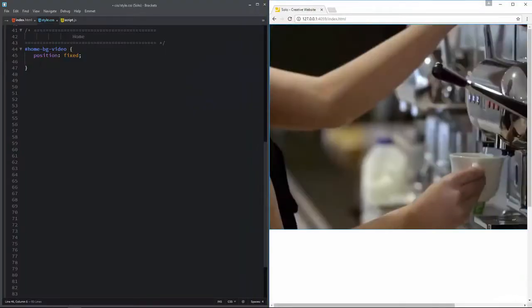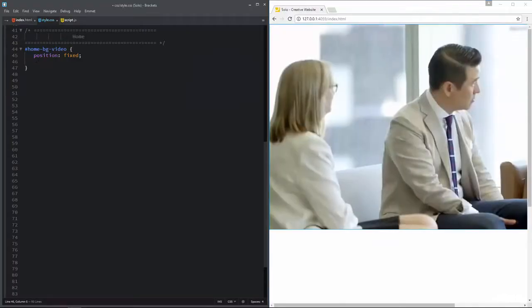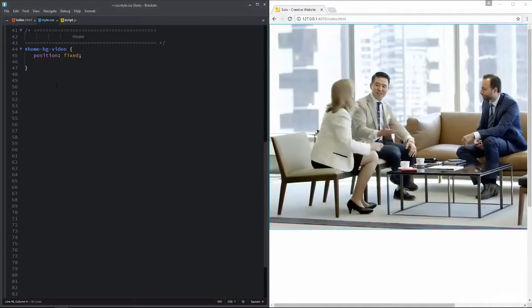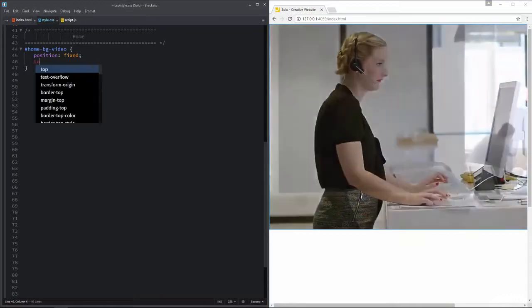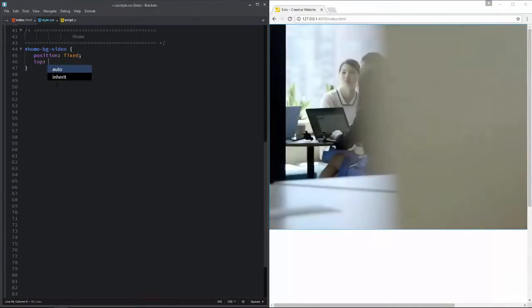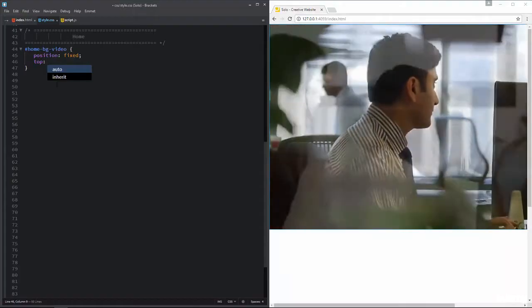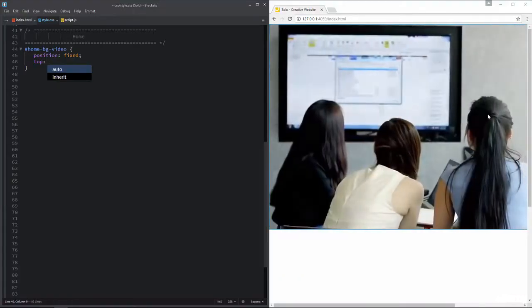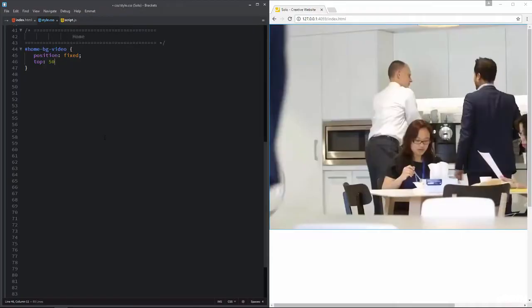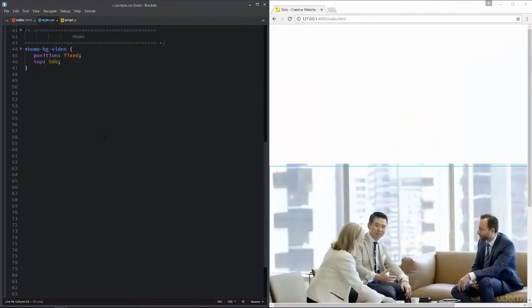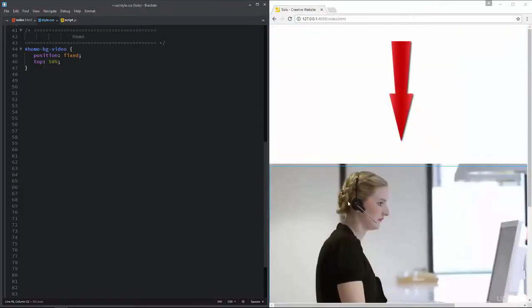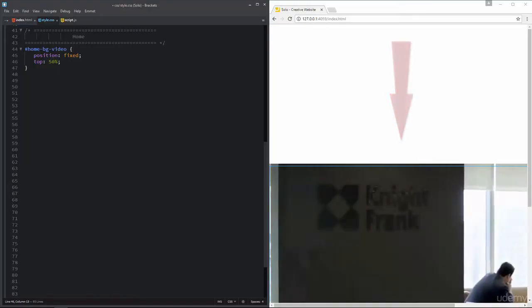And for that, I'm going to set the top and left positions. First, I'm going to set the top position. And the value for this top position is 50%. And it is going to move this video element 50% from the top. Now you can see that it just moved this video element 50% from the top.